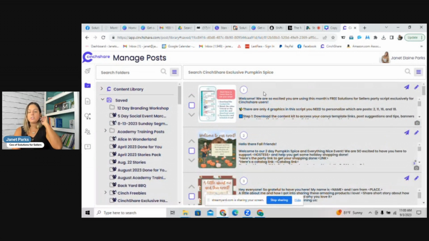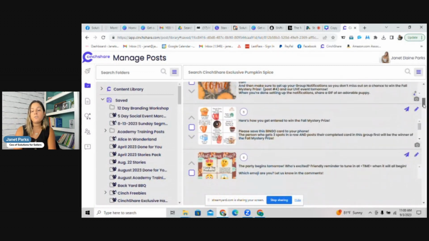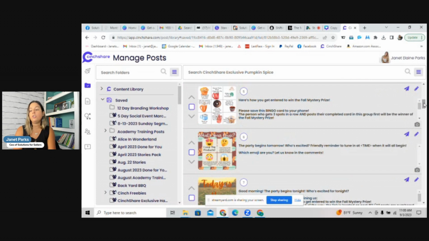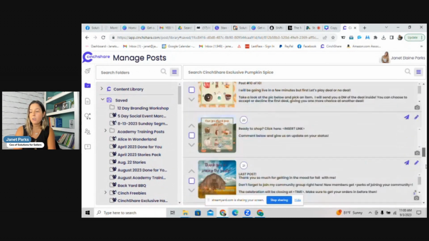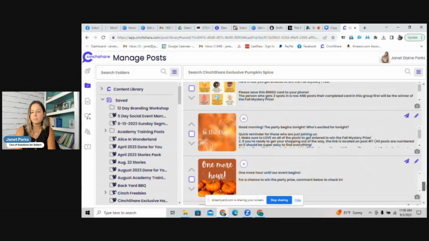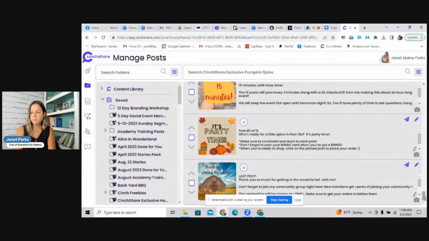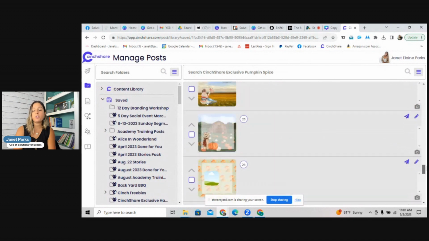Now, this first post here, this is just a resource post, so you don't need to schedule that one. You want to start with post 2, okay? Now, tonight, I believe we had a post go out that basically walked you through how to schedule this out. Your day 1 is essentially your first 5 posts, and then your day 2 is going to be the rest of the posts minus the very last post, which is post 34.